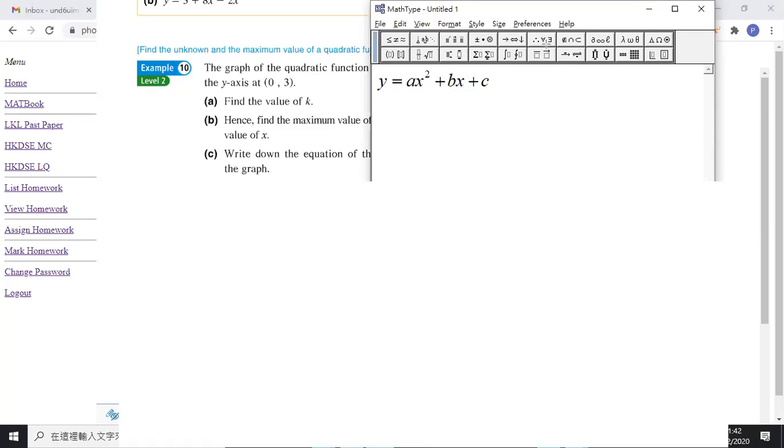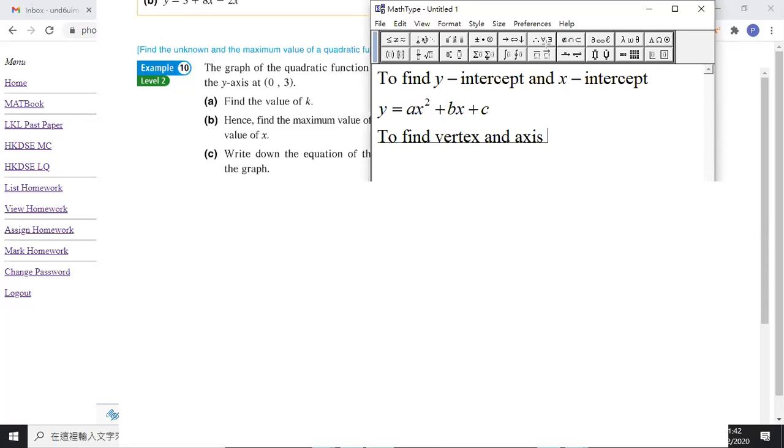Okay, we do not need to change this to be the completing square format for the second feature and the third feature. Okay, so that is to find y-intercept and x-intercept. We need to start from this format, but to find the vertex and axis of symmetry,